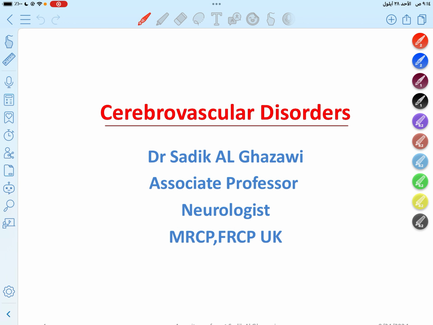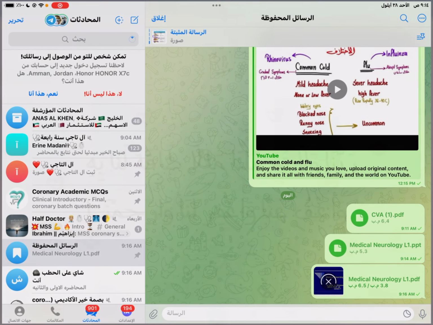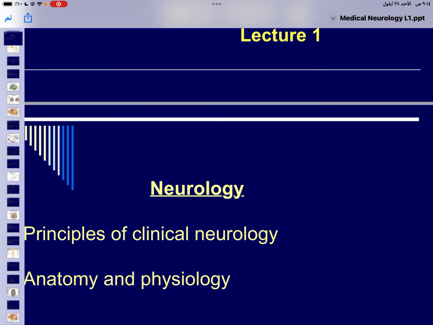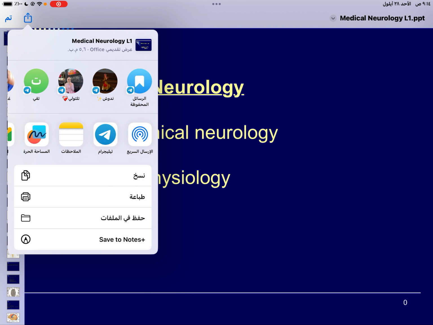As an introduction to the basic principles, basic facts about the anatomy and the physiology of the nervous system. And most of it you have probably taken in the second or third year, I don't know. Anyway, now, basically,